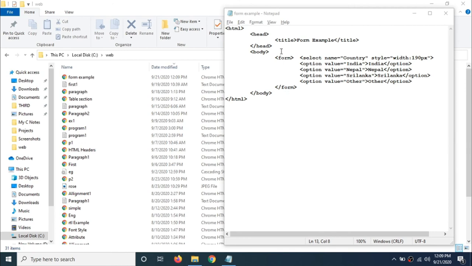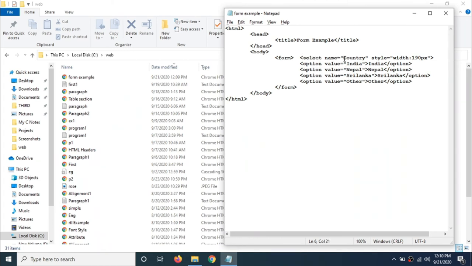Let's look into the example, title form example, and the file name is also form example. Within that I have written this form within body. Instead of the input tag, here we have the select tag for a drop down list.